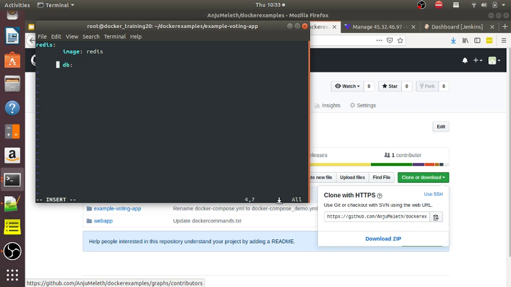So image, I'm going to use the Postgres image,